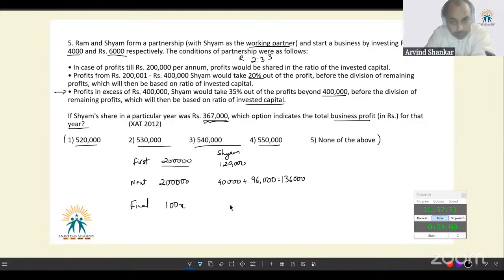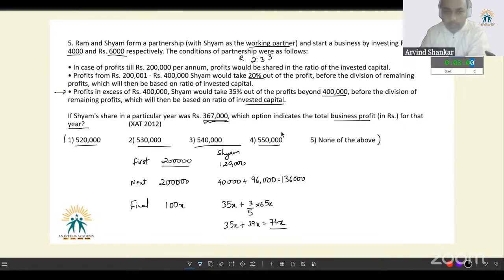Now Sham, for this section, gets 35% of the profit and then gets 3/5 of the remaining, which is 65x, or he receives 35x plus 39x, which is equal to 74x. Out of the 100, he receives 74x. Wonderful. So now look at this wonderful thing. He has received 2,56,000